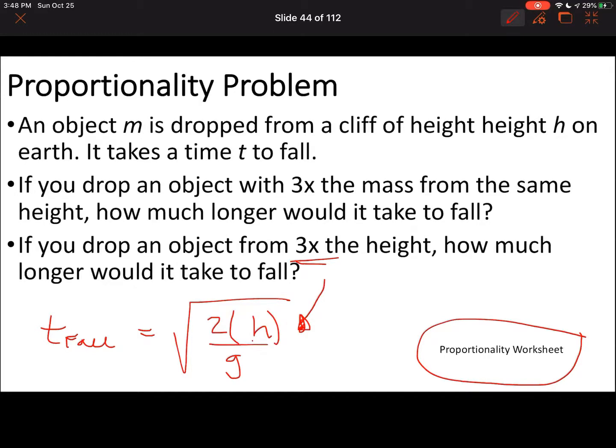Sorry, this is a confusing way to write it. 2h. If we have 3 times the height, how is that going to affect the time that it takes to fall? Well, would it be 3 times the time that it takes to fall? No. It'd be the square root of 3 times the time it takes to fall. And if you're not really quite sure why that is, again, I encourage you to come and see me and do the same kind of work on the proportionality worksheet. If you hit any snags or snafus,